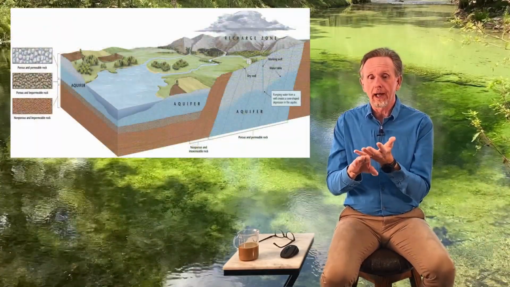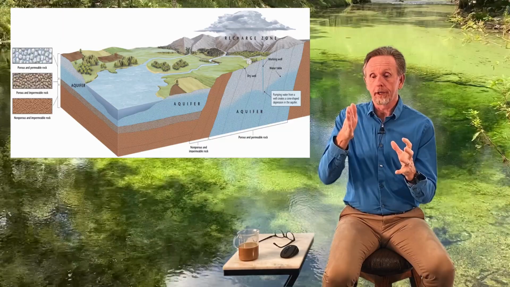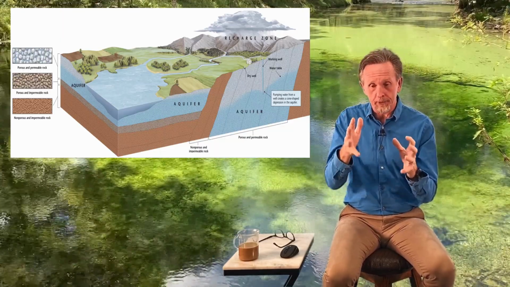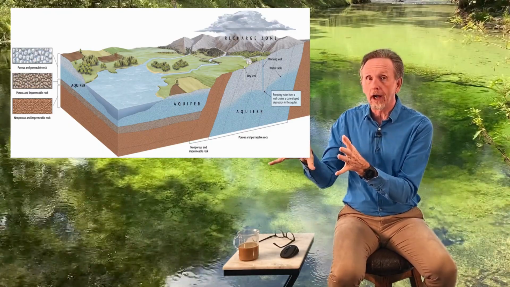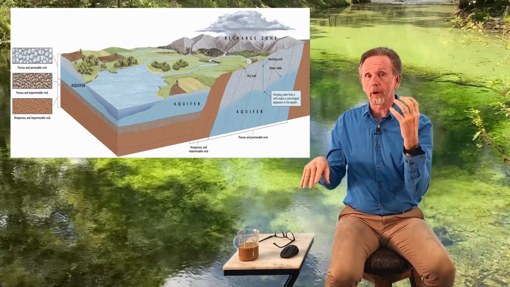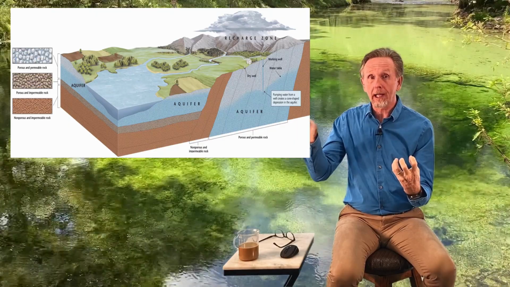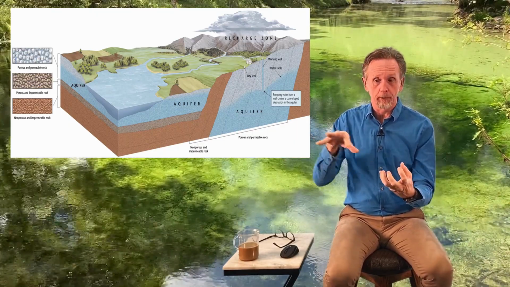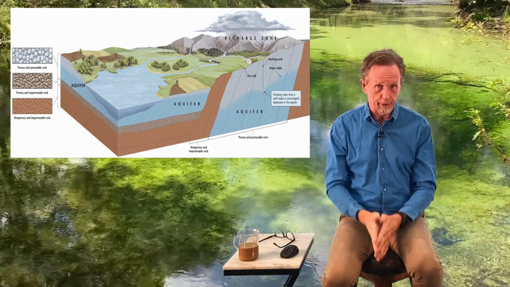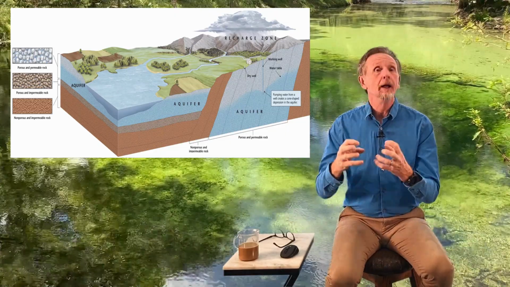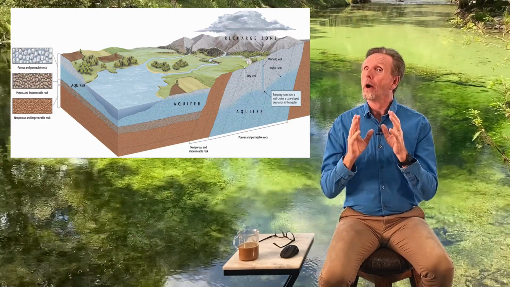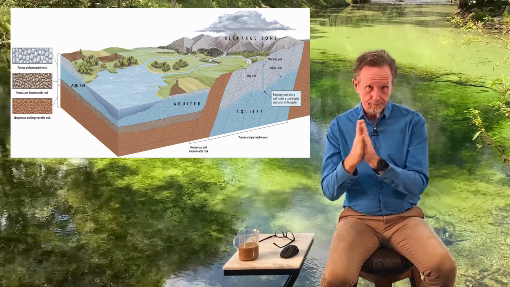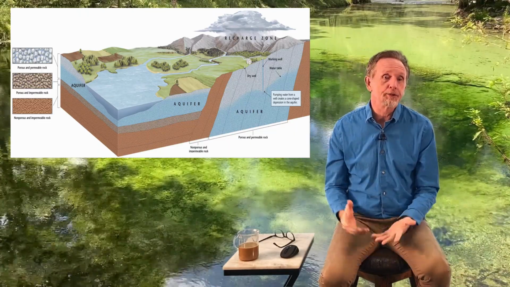Sometimes you'll have an aquifer here and some sort of non-permeable material, clay or granite, between this aquifer and that aquifer. So I can pull water out of this aquifer and it goes dry. The water can't flow from this one into that one. If the material here was permeable, it would be able to flow from one to the other. So porosity is the ability to hold water; permeability is the ability for water to move from one space into another.